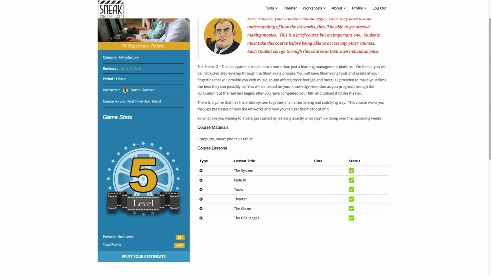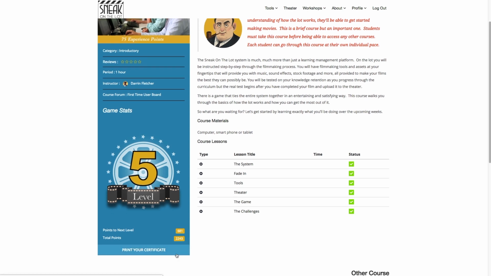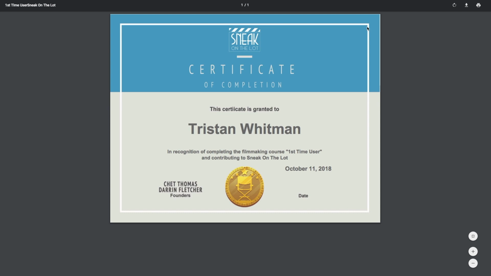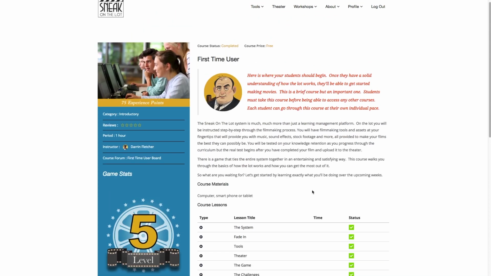Below that, you'll have the game stats. So you'll always know what level you are in the game. You'll know how many points you have to get to the next level and what your total points are. If you've passed the class already, you can also access your certificates here. So this particular one was given to Tristan Whitman, but you can access all of your certificates in this same place. Over here, we have a graphic of the instructor, a cartoon of the instructor, which is a